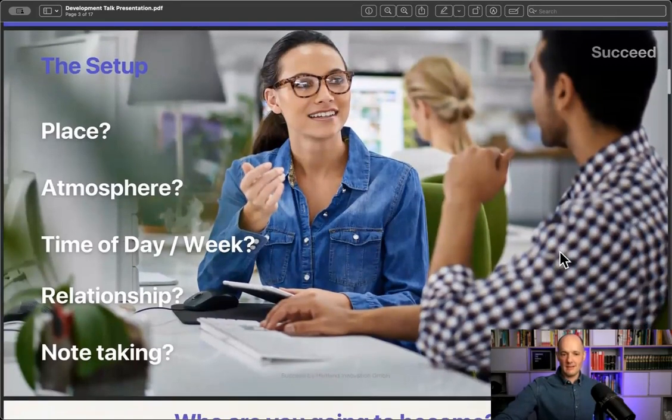For a lot of people, that might be completely basic, but I have seen it done so many times wrong with me, and I thought I would just mention it as well. So I'm explaining a lot of basics maybe today for some of you, but it's always good to wrap up some basics. So going into a development talk, first and foremost, the person needs to understand that this is a development talk